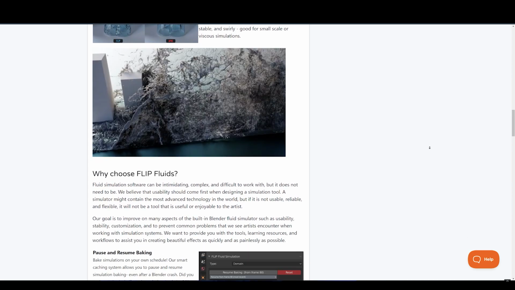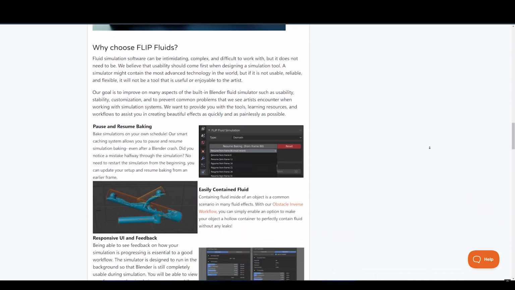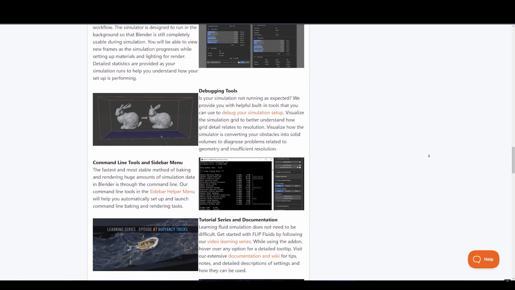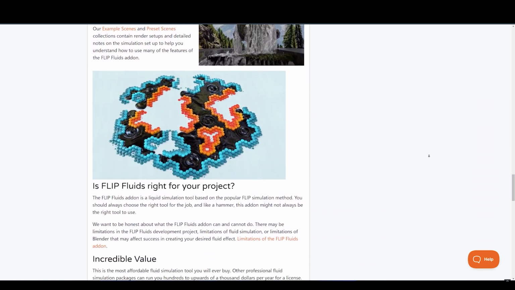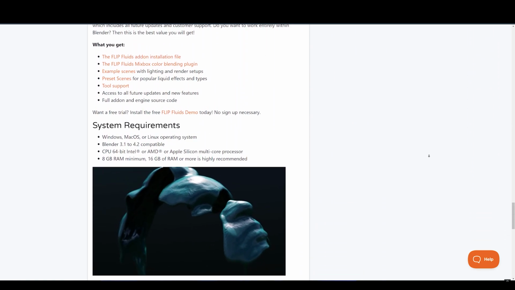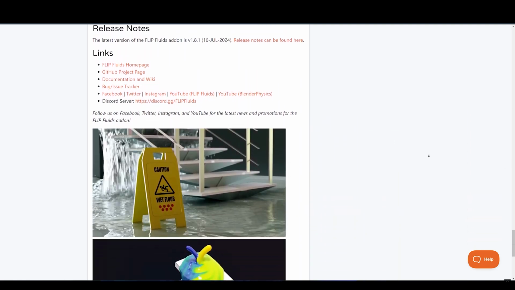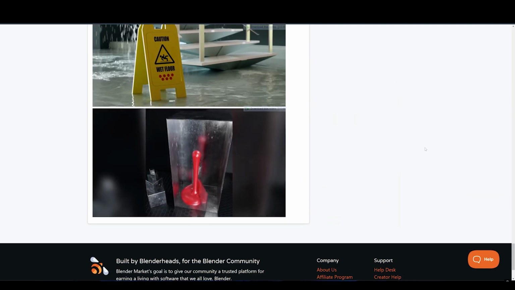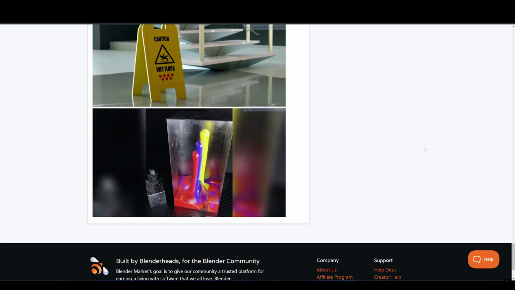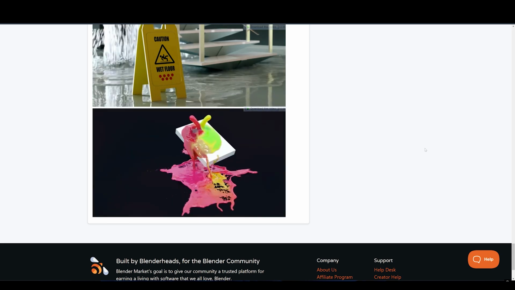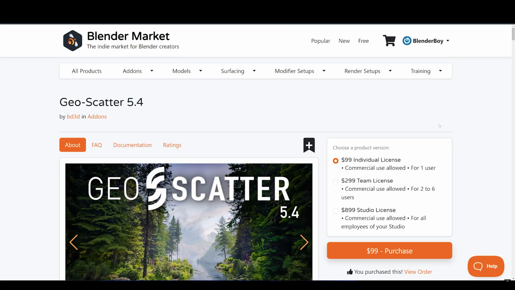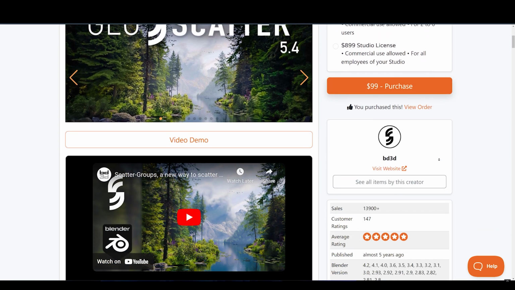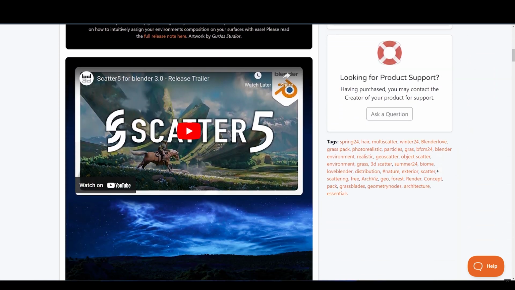It creates realistic flowing effects with sprays, foam, bubbles, and splashes. You can change the viscosity of the liquid, its shape, and make it turbulent or chaotic however you want. Whether you're creating fluid effects on a small or big scale, this add-on is a great help. Next up is Geoscatter. This add-on allows you to spread or scatter objects in your environment in just a few